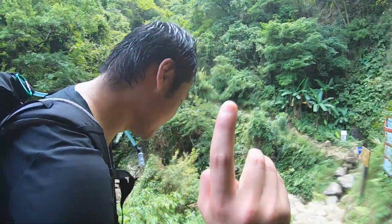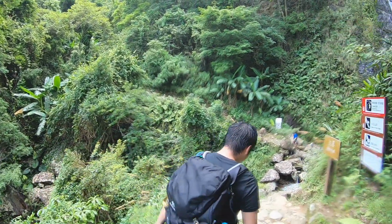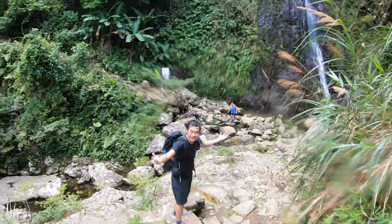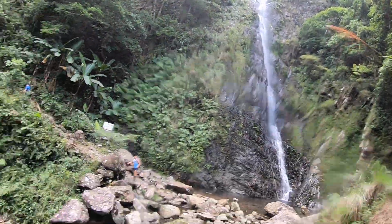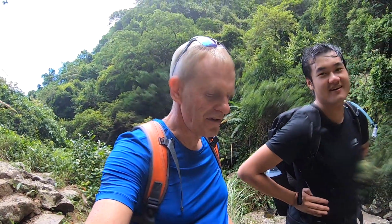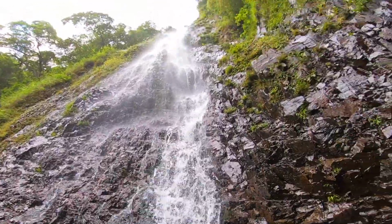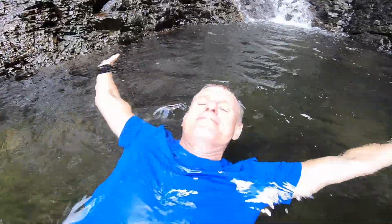Let me introduce the main fall. Look at this, look at this. That's what I call a waterfall. OMG. Well, that's what we call a waterfall here. A proper, full-on waterfall. Looking amazing. The view is absolutely stunning after the rains when the waterfall is in full flow. No words needed. All we want to say is...